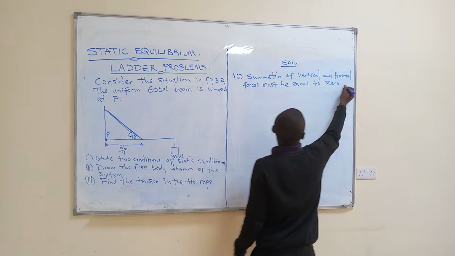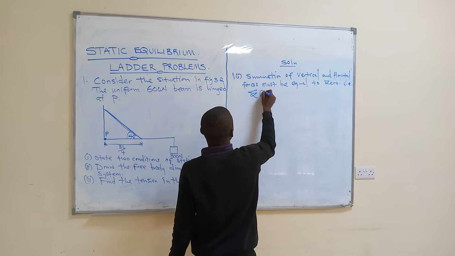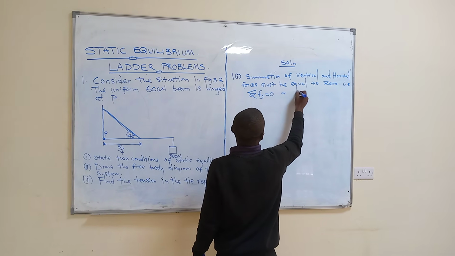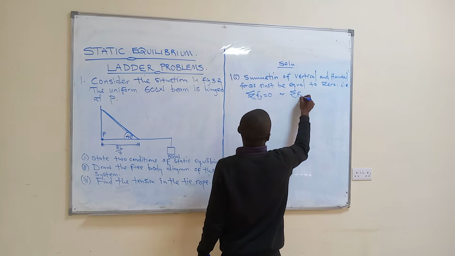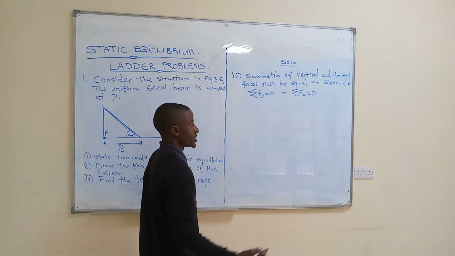That is, summation of vertical forces, that is y, is equal to 0, and summation of forces in the x-axis is equal to 0. Another condition is that summation of torque,